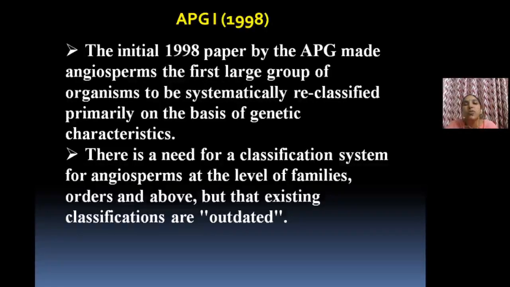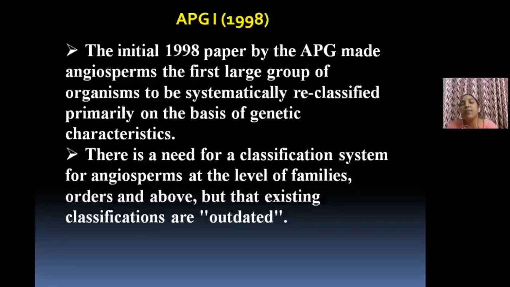Okay. So, first, the system APG 1, that was published in 1998 by a team of more than 33 authors together. And what are the important features? You know, up to this system of 1998, all the systems given earlier did not have such an evolutionary relationship. Actually, they were not considering the rootstocks, how the angiosperms evolved. But this system is completely based on evolutionary relationship.